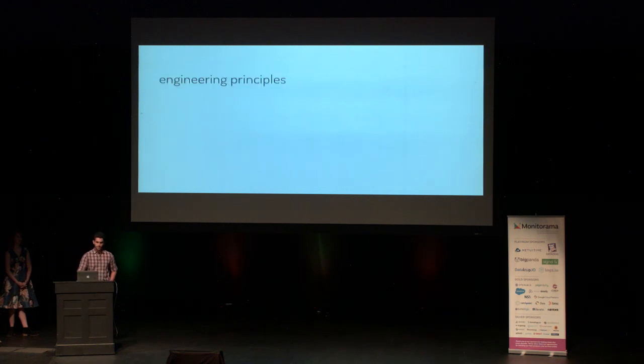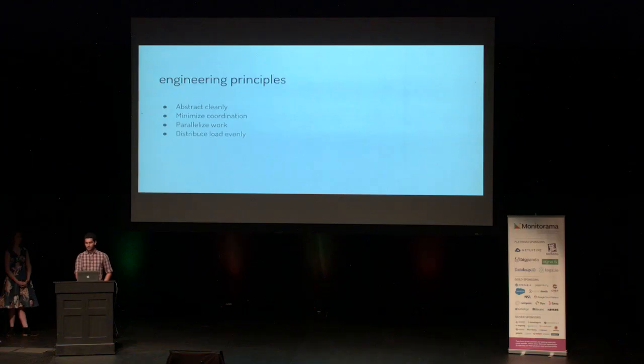Some of that advice takes the form of principles. For example, we should come up with clean abstractions that capture the work that needs to happen. We should minimize the amount of coordination required between those abstractions to keep their interfaces simple. We should parallelize the work so we can scale the system. We should make sure that the load is distributed evenly across those machines so that we can run efficiently. We should also make these decisions quickly and ship a product in a timely fashion.